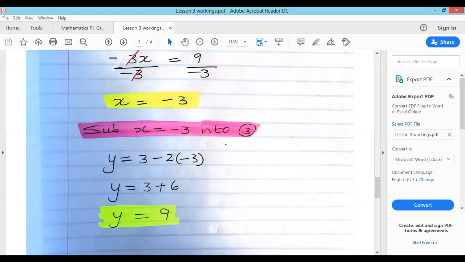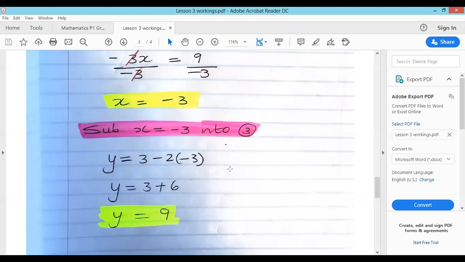And guys, I want to highlight this. In an exam, let's say you make a mistake in a simultaneous equation. Let's say you got your x as negative 8. But for the fact that you took that x and you substituted in your other equation to get y, you're always going to get that one free mark, because you are telling the marker that you understand what you are doing, even though your x is incorrect. You're always going to get a method mark, guys.